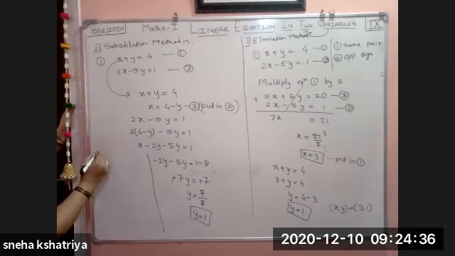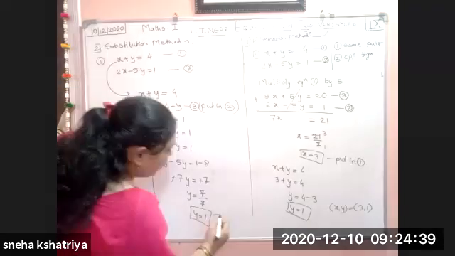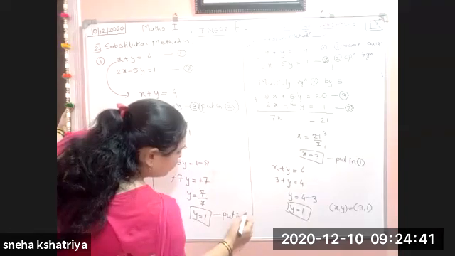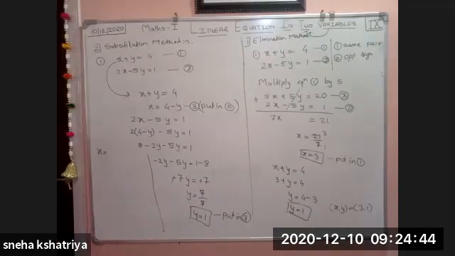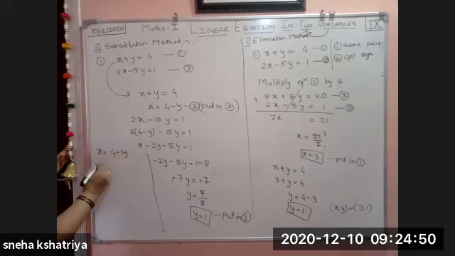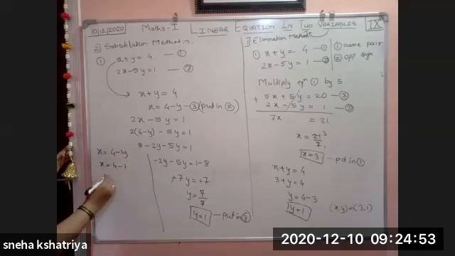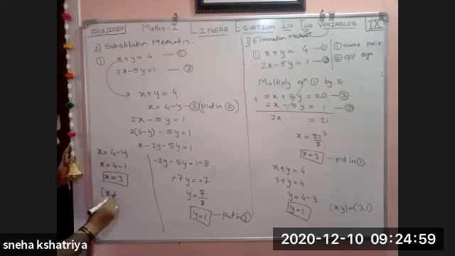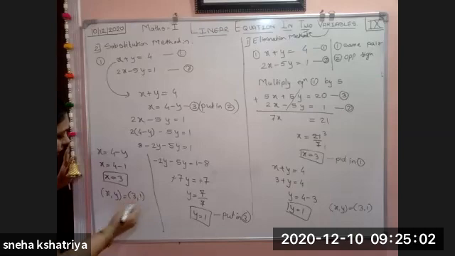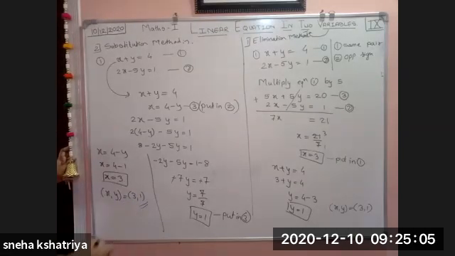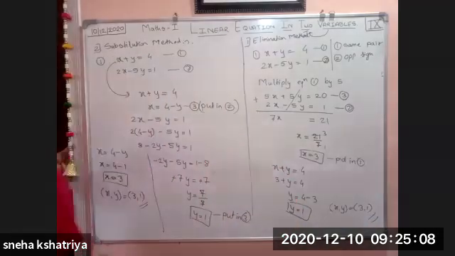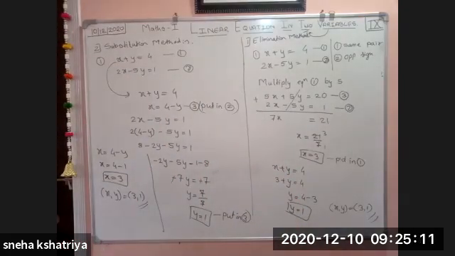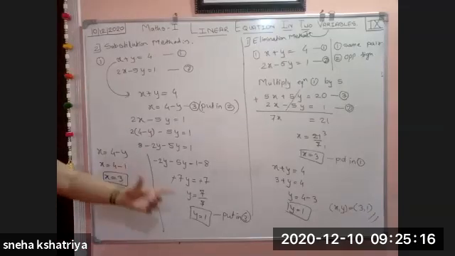So here you can write x is equal to, say here, put in 3, y value 1. Put in 3, so we get x is equal to 4 minus y. X is equal to 4 minus 1. So 4 minus 1 is how much? 3. So your ordered pair x, y is equal to 3 and 1. Same answer there. See here, 3, 1 and 3, 1. By both methods, if you solve, you will get the same answers. There is no difference between the answers.